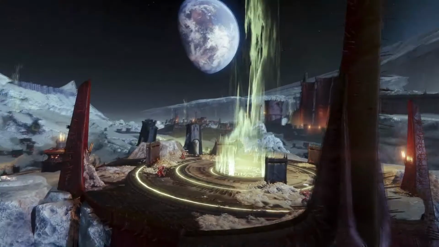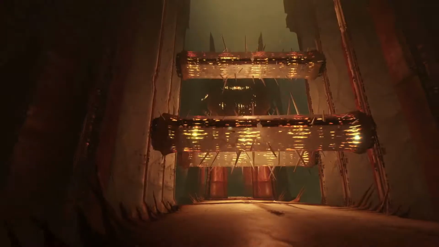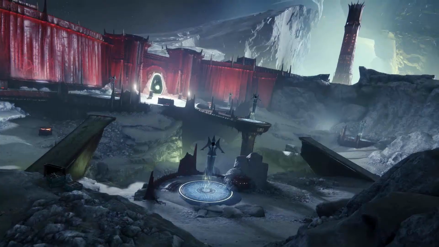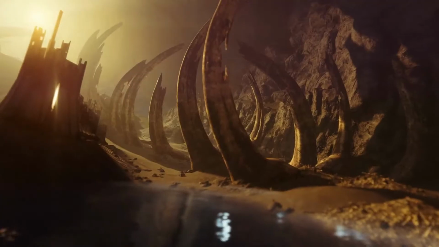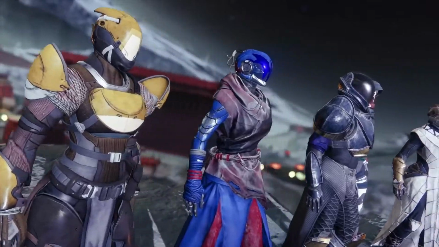First of all, we got Armor 2.0. So Armor 2.0 is going to be a revamp of how armor works starting in Shadowkeep. Basically how it's going to work is you can equip or unequip different mods or perks on each of your armor pieces, and it's going to allow you to not have to choose between quality and aesthetics on your armor anymore, because you can take any of the new armor and just equip whatever perks or mods that you